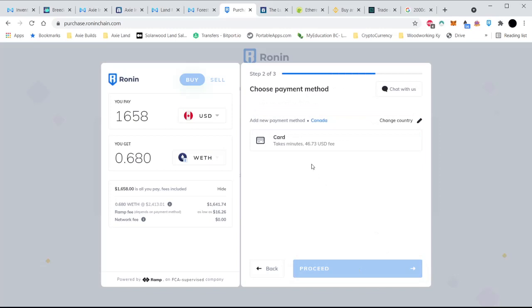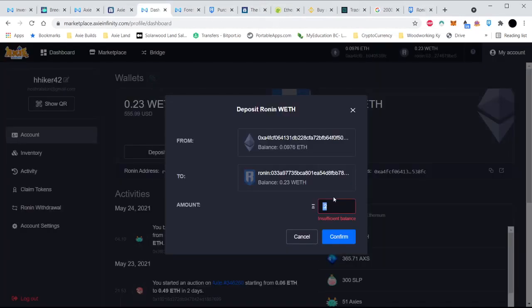Oh, $46 fee. Alrighty, so that changes things. So that's a $46 fee. So what is the current gas in order to put ETH onto Ronin? All right,